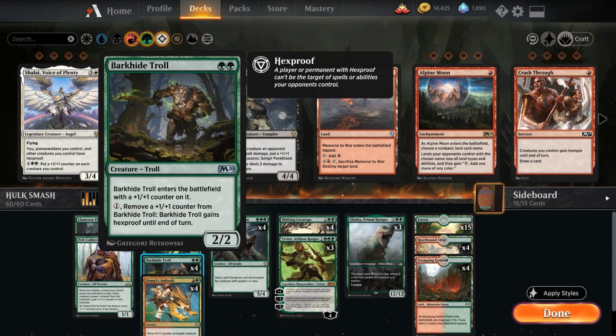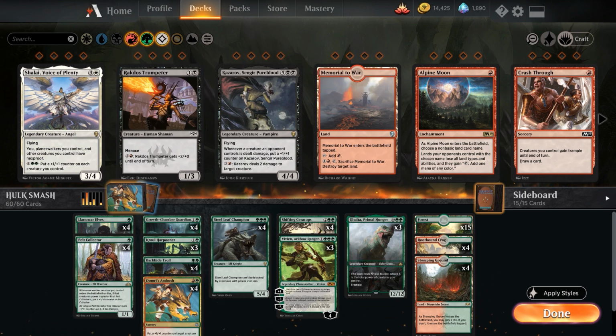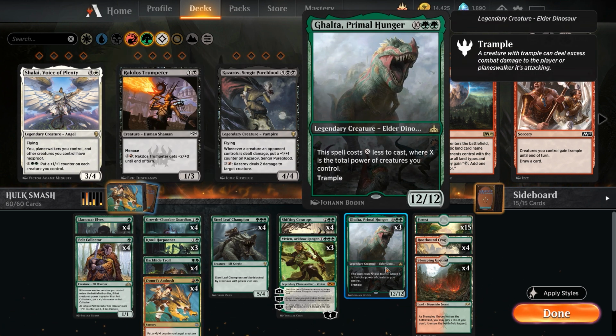If we use it on the Barkhide Troll, then we have additional layers of hexproof protection there, as well as giving it a nice little damage boost at the same time. And if we're adding all of these counters, that does mean that we're actually increasing the power of our board state as well, which means that our Golter on our top end, our 12-mana 12/12, actually comes down a hell